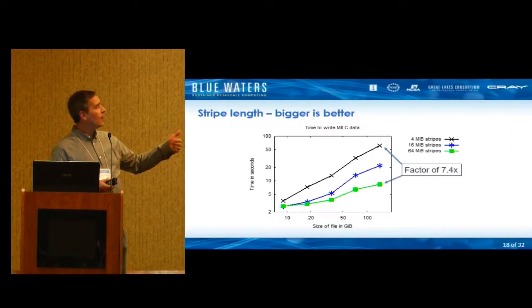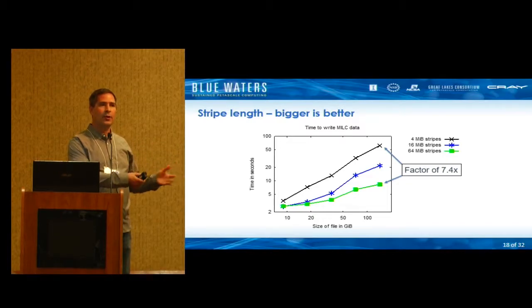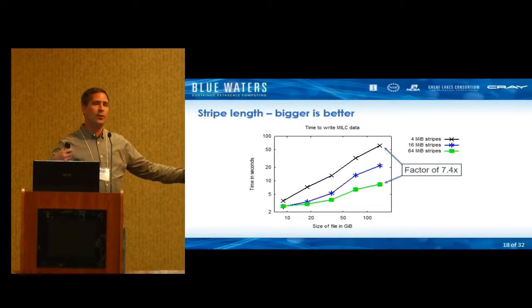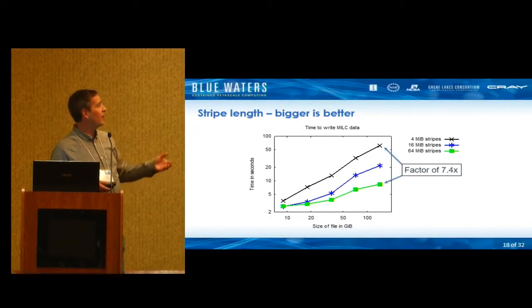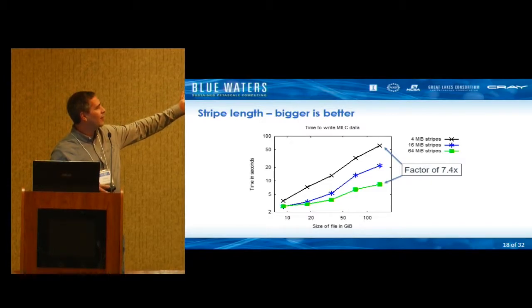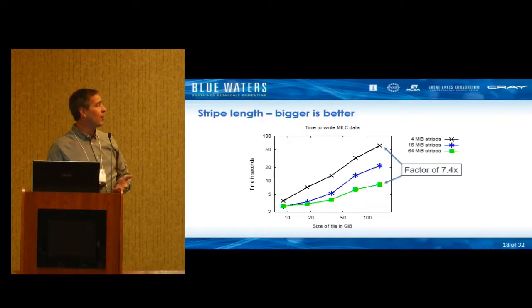So here's some stats from the milk code I worked on. I tried playing with the stripe size. We had just been talking about the stripe count, how many servers we distributed across. But now I tried playing with the size of each of those stripes, everything from 4 megabyte stripes up to 64 megabyte stripes. And we got a very nice performance improvement. Notice that's the time on the left, not the throughput, so the lower numbers are better. The 64 meg stripes were over 7 times faster than the 4 megabyte stripes,